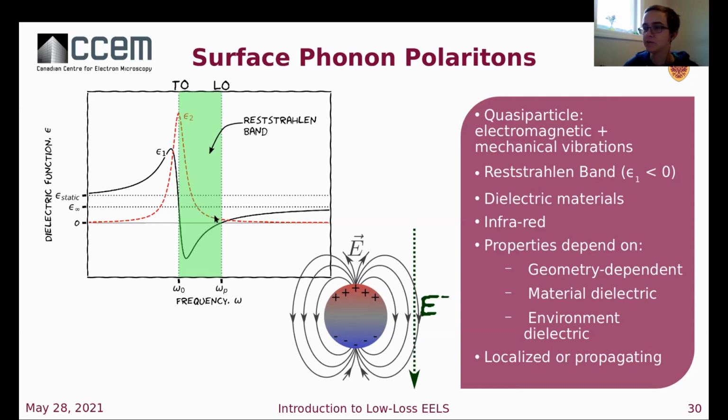With the phonon polaritons, we're looking in the Reststrahlen band of a dielectric material, which occurs in between the transverse optical and the longitudinal optical bulk phonons, where the real part of the dielectric function dips below zero, which is a necessary mathematical condition for a material to support surface modes. So there's a lot of new research coming in, especially with the high resolution instrumentation, like the NEON machine that we hope to be getting soon. It's a lot of new and interesting research on the behavior of phonon polaritons and on their coupling as well.